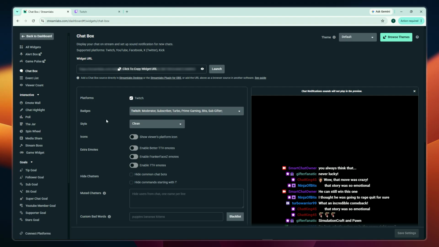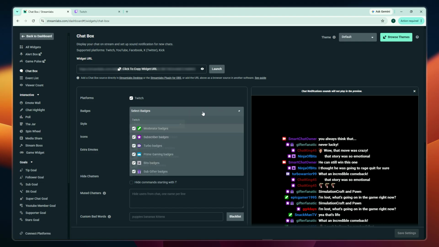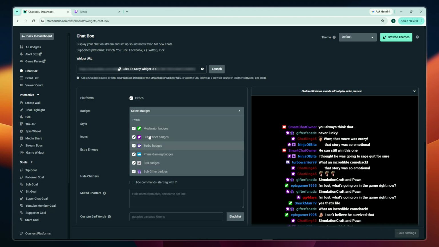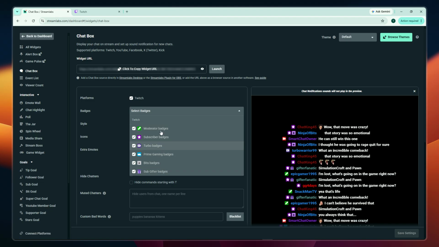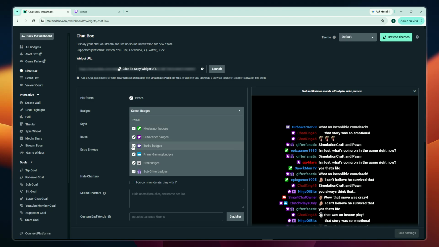Now let's customize how your chat box looks. Navigate to Badges, and right beside it, you'll see a drop-down menu. Click on it and uncheck or check the badge options you want to display. This lets you control which viewer badges appear next to usernames in your chat, such as subscriber badges, moderator icons,